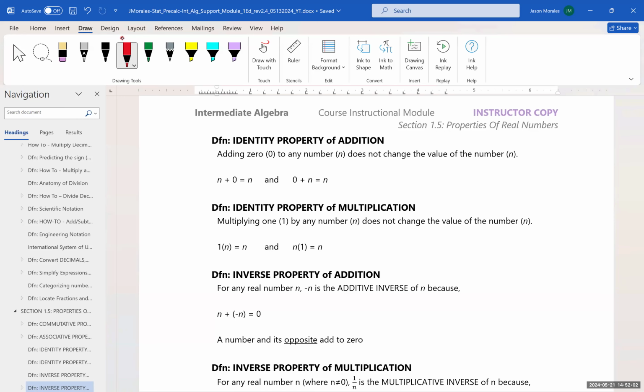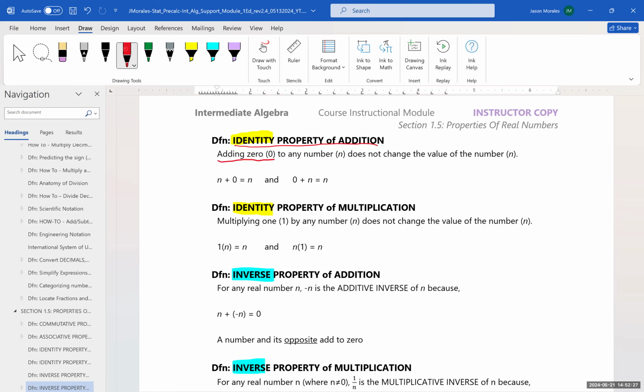Okay, next let's look at a series of properties. We have some properties of identity and some inverse properties of both addition and multiplication. So let's take a quick look at those. So the identity property of addition